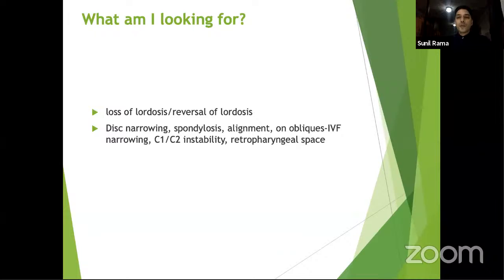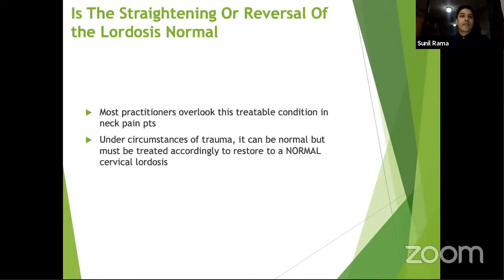Now, you may have seen numerous radiology reports stating that there's a loss of cervical lordosis, most likely due to muscle spasm. But what does it actually mean? What are we doing with those patients when we're seeing that the cervical spine curve has become completely lost? Is the straightening or reversal of the lordosis normal? Most practitioners tend to overlook this treatable condition in neck pain patients. Under the circumstances of trauma, it can be perfectly normal, but must be treated accordingly to restore to a normal